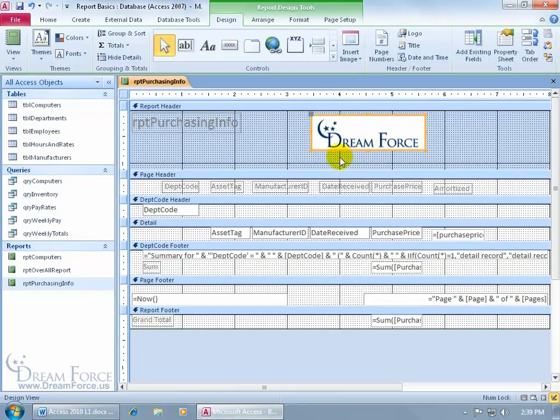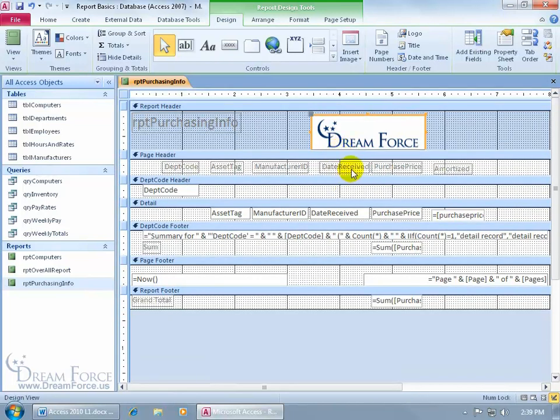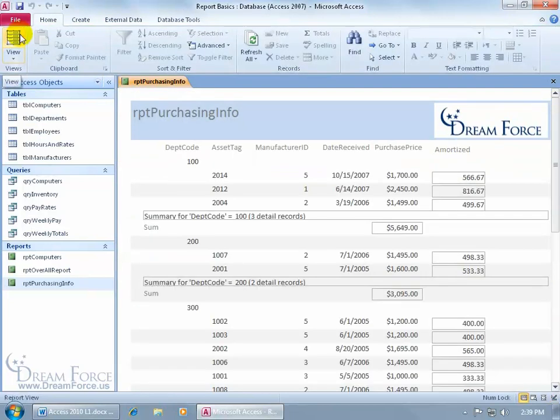And then since I have this extra space below, I can hover over the top page header bar till my pointer turns into black arrows pointing up and down. Then I can click and drag that bar up. Everything comes up with it. And well, let me click and drag this over to the right here. I don't know, about right there. And then go to my report view to see what it looks like. Come up here, click on the view button for report, and hey, it looks pretty good,